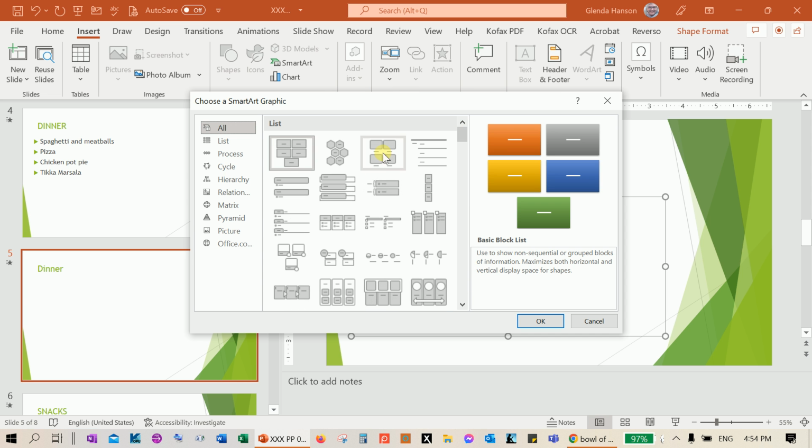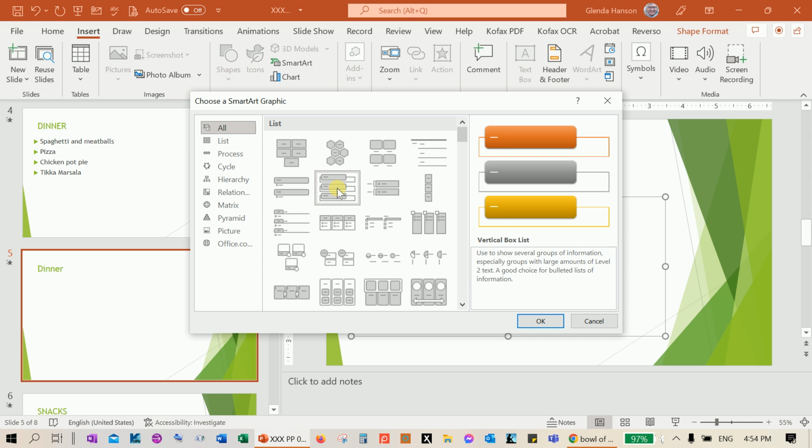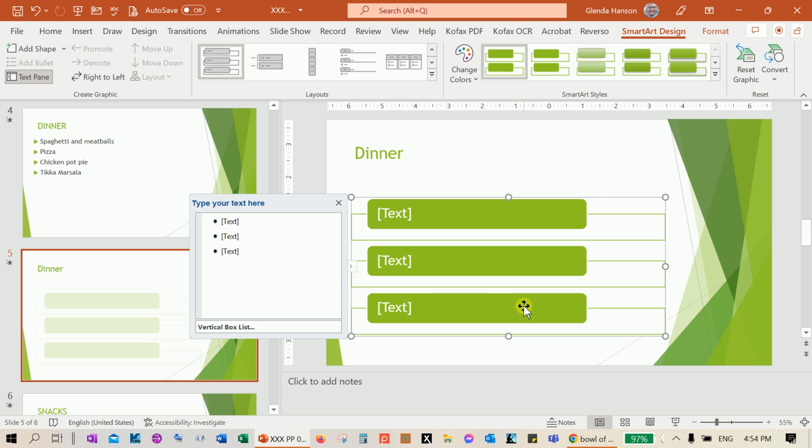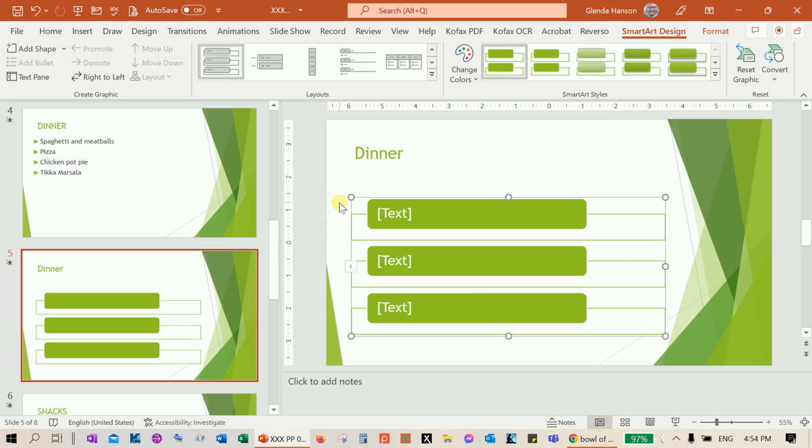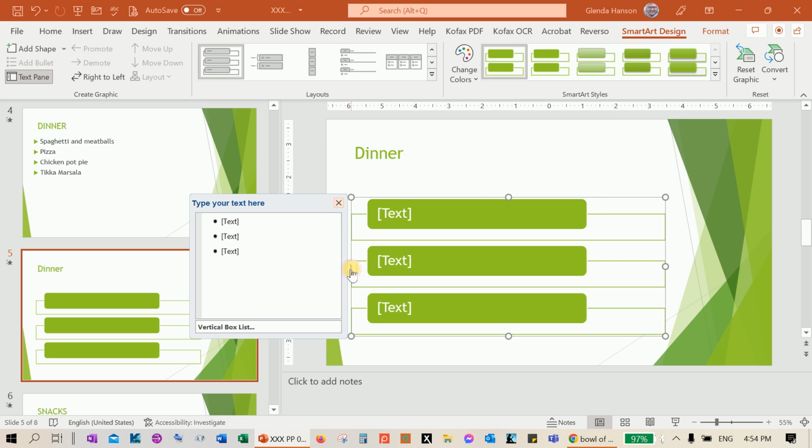Okay, so let's come up here and let's go ahead and pick lists. And I'm going to say OK. And now I can either type right here in this placeholder, or I can type over here. And I'm going to close this so you can see what's happening. There's a little arrow right here. I'm going to click that, and then I'm going to say